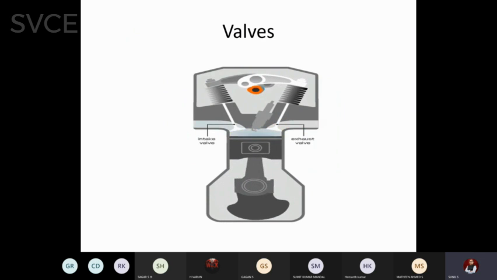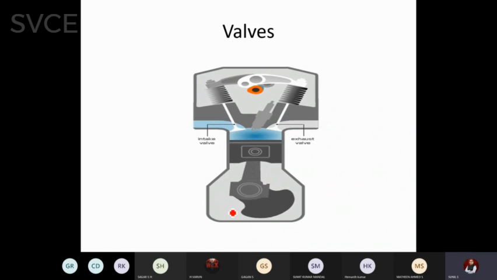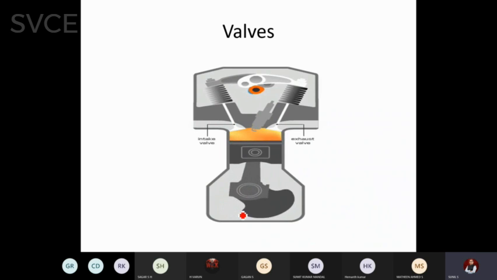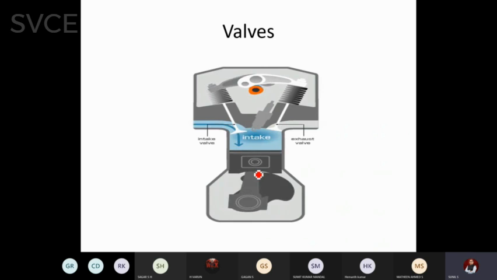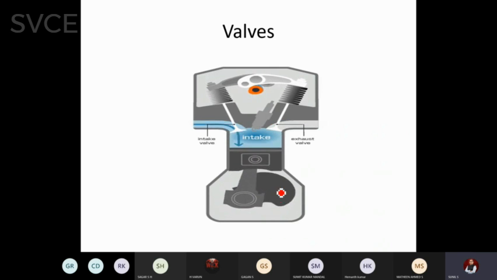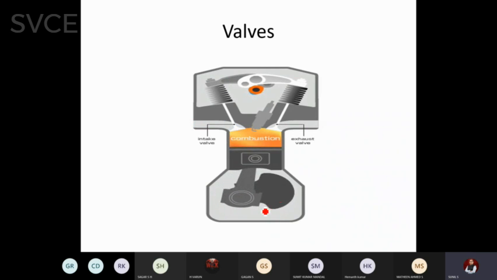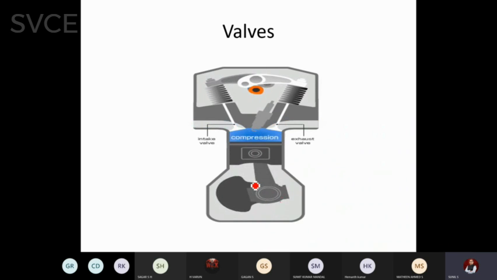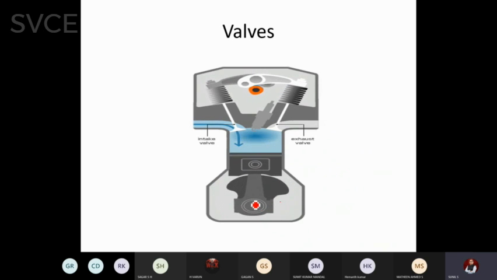So next, coming to the valves. We have discussed the piston rings, gudgeon pin, connecting rod, and crankshaft. These are the main parts, right? You can just see it working here. When this is the connecting rod, it moves up and down. This is the crankshaft. It's a one-dimensional view. When it moves up and down, the crankshaft starts rotating. Multiple connecting rods can be placed on a common crankshaft.